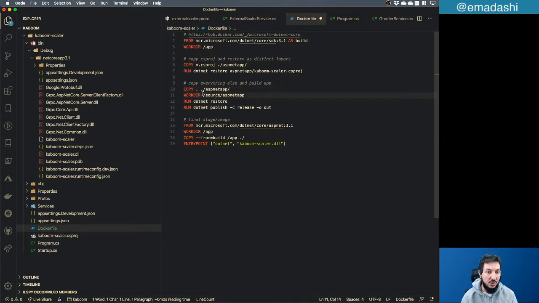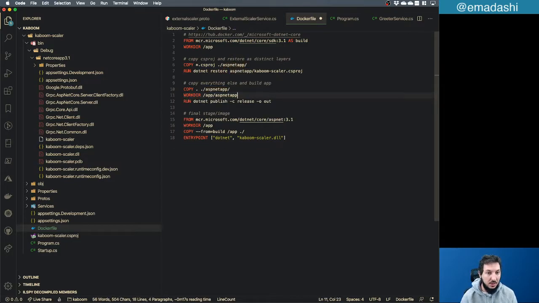Then change the working directory to app ASP.NET app. And then run .NET publish with a release, and the output folder is out. And then